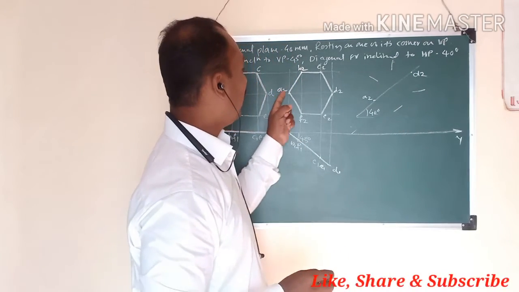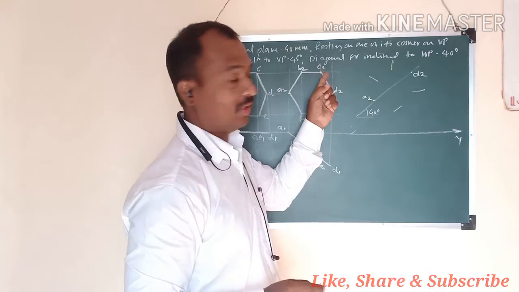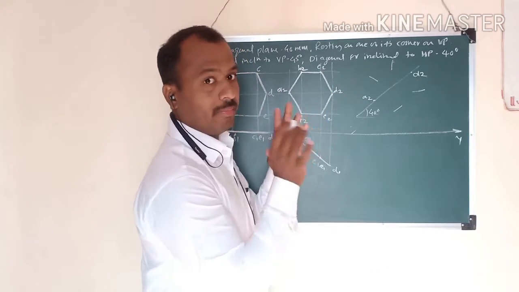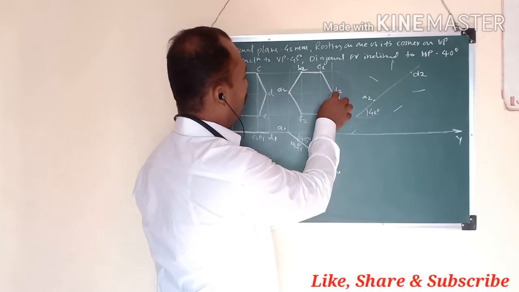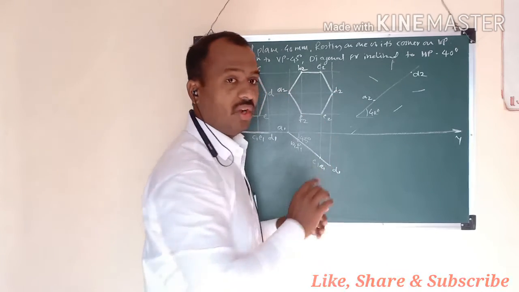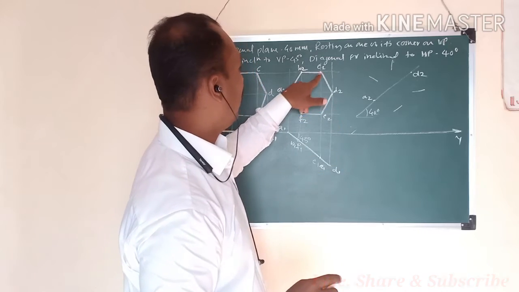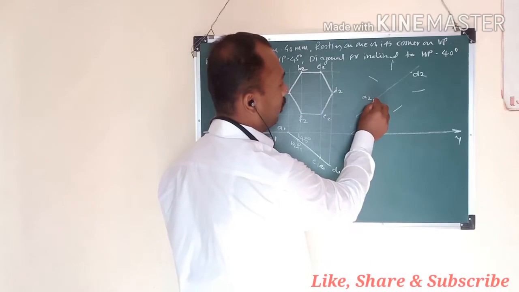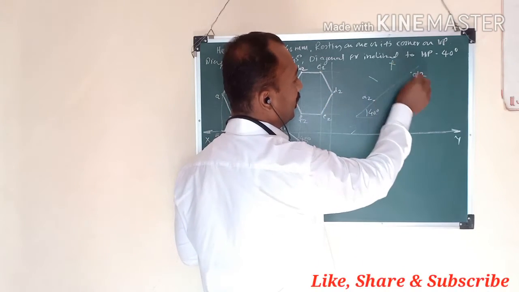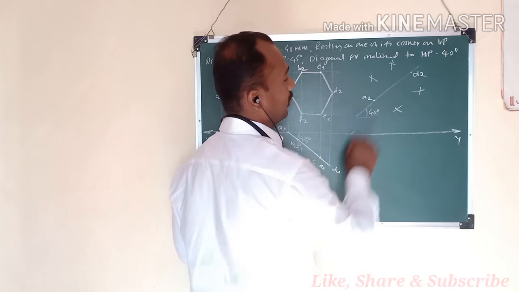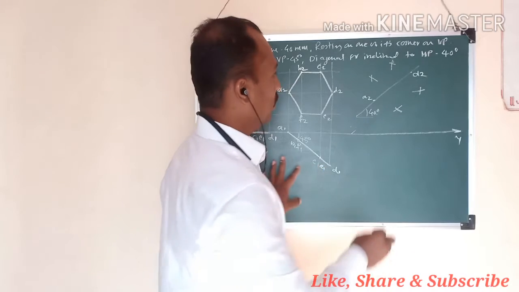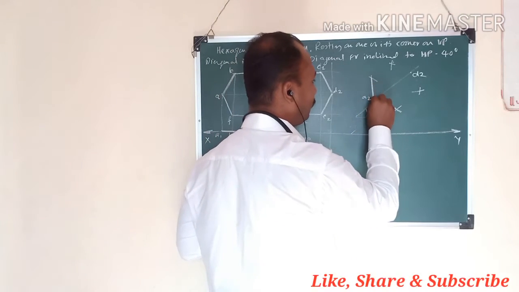Okay. Then take A2 to C2 distance in compass. And here also do remember. ध्यान में रखिए. A2 to C2, A2 to E2, D2 to B2, D2 to F2. All these distances are same. That's why take A2 to C2 distance in compass. Put point on A2, intersect here. Put point on D2, intersect here. You will get all 6 points. Then join this.